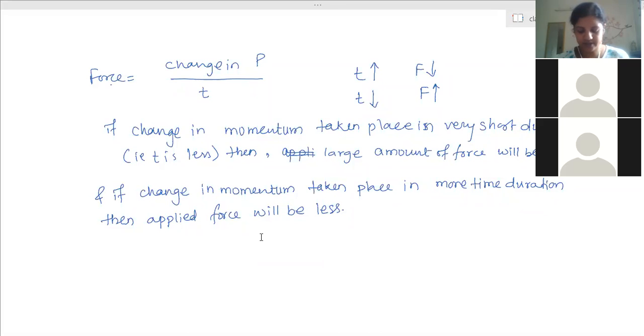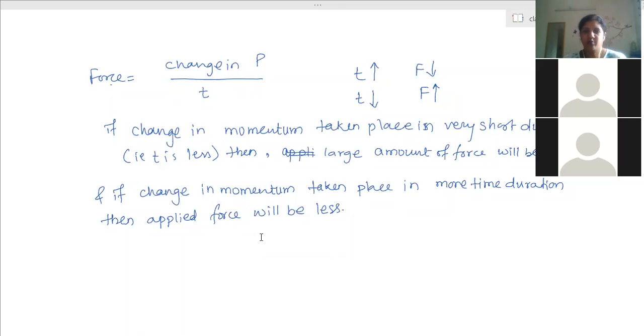Ma'am, is it something like the suspension? Yes. All the suspensions in vehicles, they also work on the same thing. When you apply the brake pad, the spring is present. So the spring will slowly compress. If it compresses immediately, you will get more hurt. So slowly it will start compressing, and therefore you will not get hurt more.